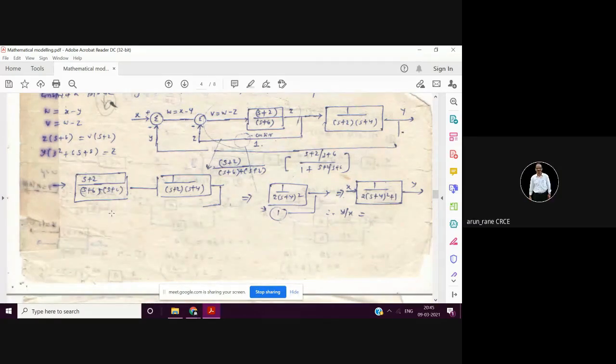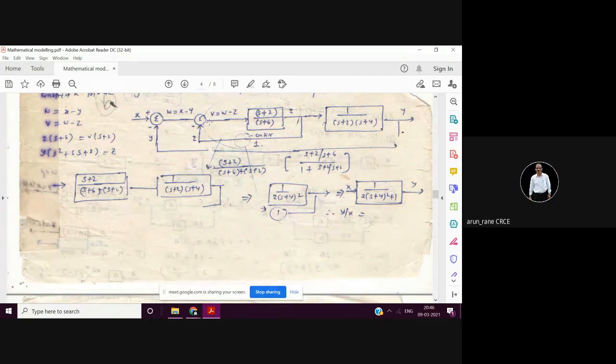See, in the numerator A, that is s plus 2 upon s plus 6, divided by the denominator 1 plus AB, so 1 plus 1 into s plus 2 upon s plus 6. The LCM will be s plus 6, correct? So finally in the denominator you will get s plus 6 plus s plus 2, and that s plus 6 and s plus 6 will get cancelled, so you will get this.